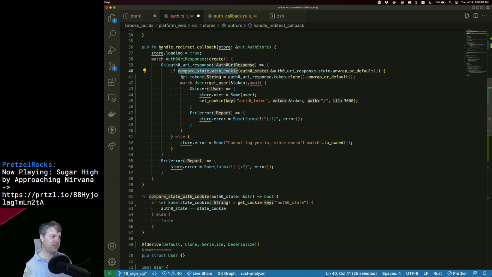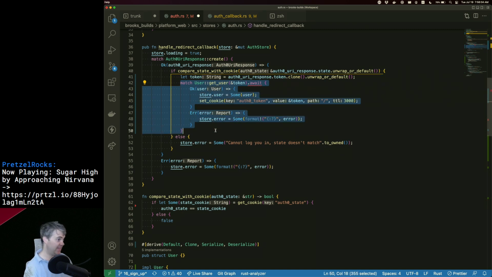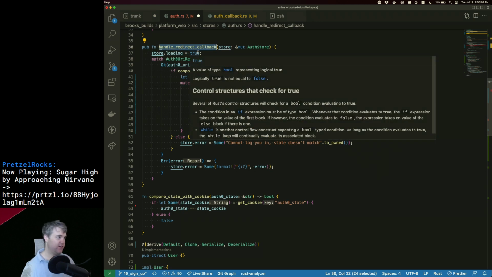And so if that matches, we can return right here. We're not doing any async code yet. And so this I might want to then rename to be like, just get the URL information, right?